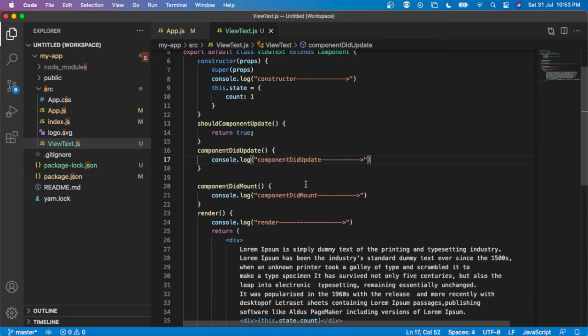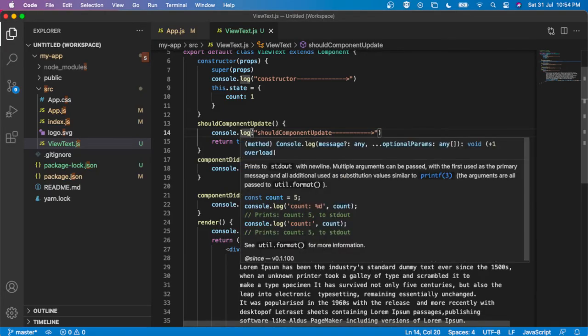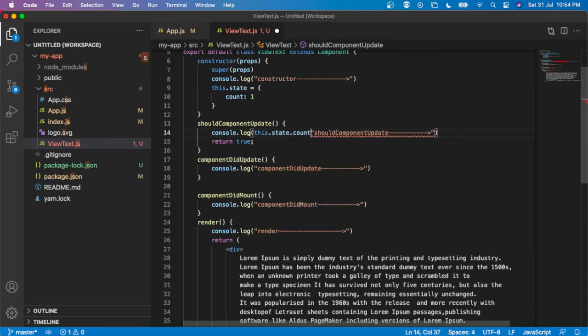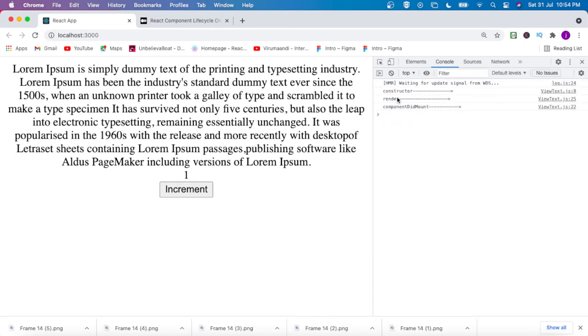If I try to increment, I can see the updating lifecycle rendering. I can also add should component update here. Also I'm just printing the value here, this.state.count. Now if I refresh, I can see the mounting lifecycle is already calling fine.